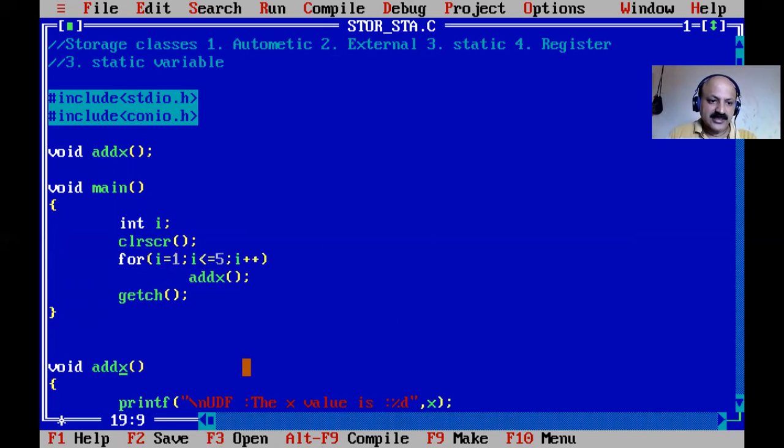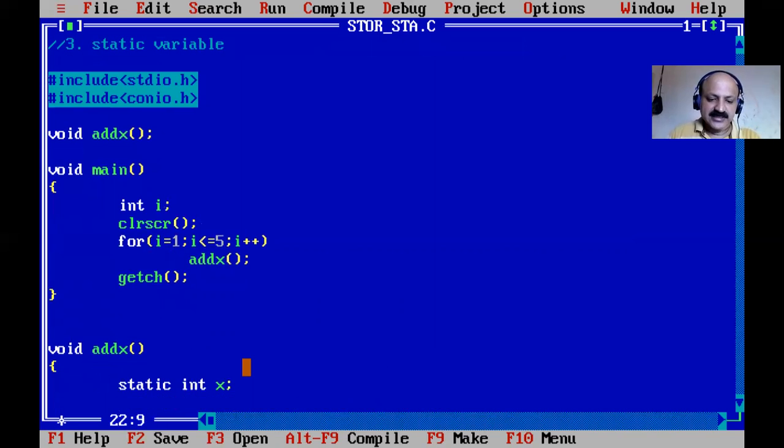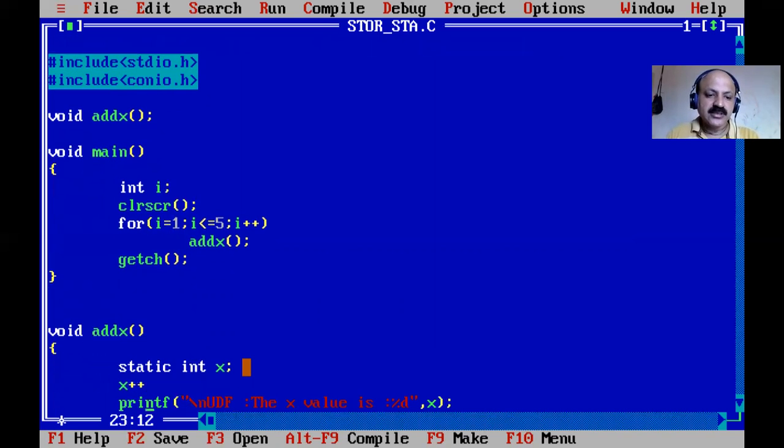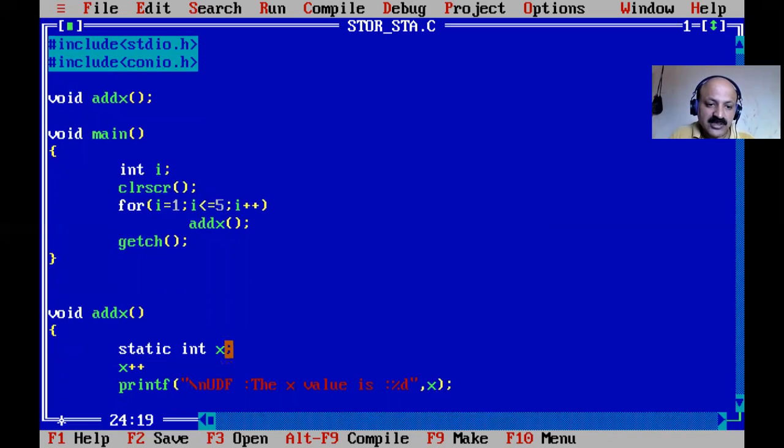So what is add x? That is a static variable. Here we can define it like static, which is a keyword, then integer, and then x. So add x means i plus x, and then int. In that function, the x value is printed. That is a local variable. Let us check; by default it is a 0 value.